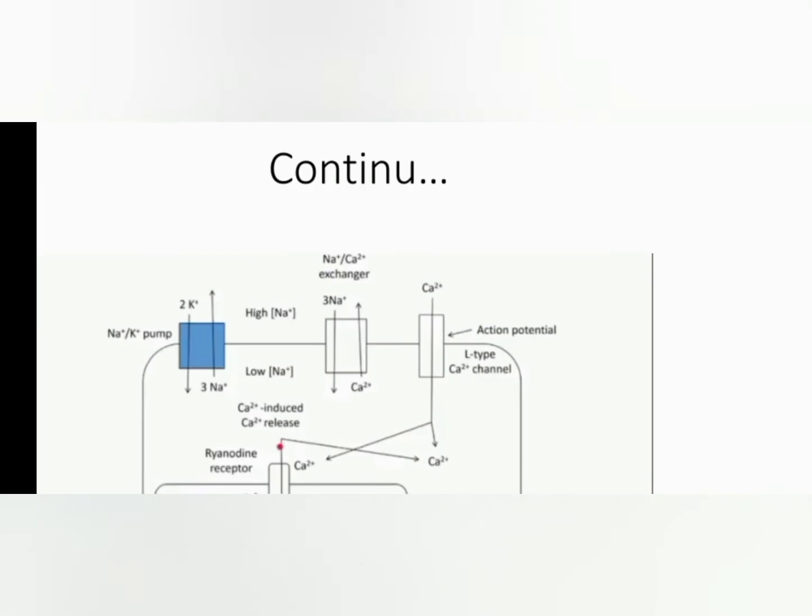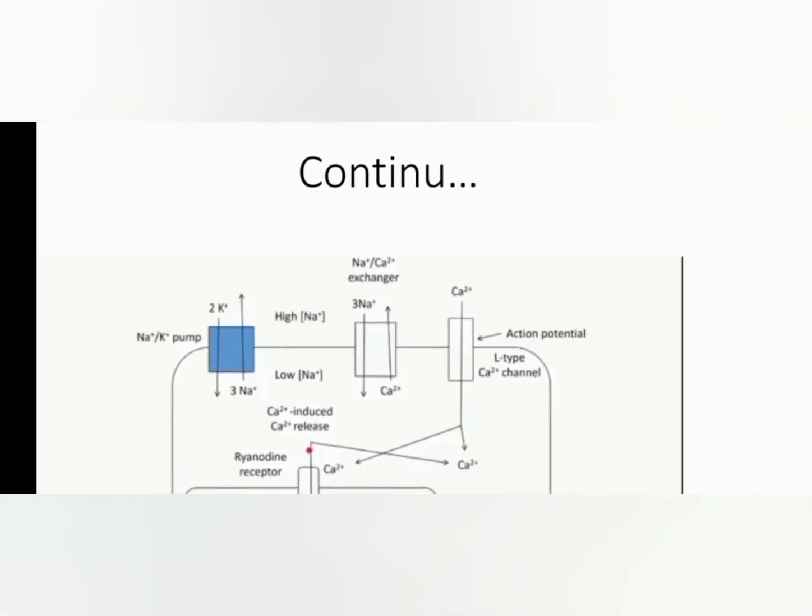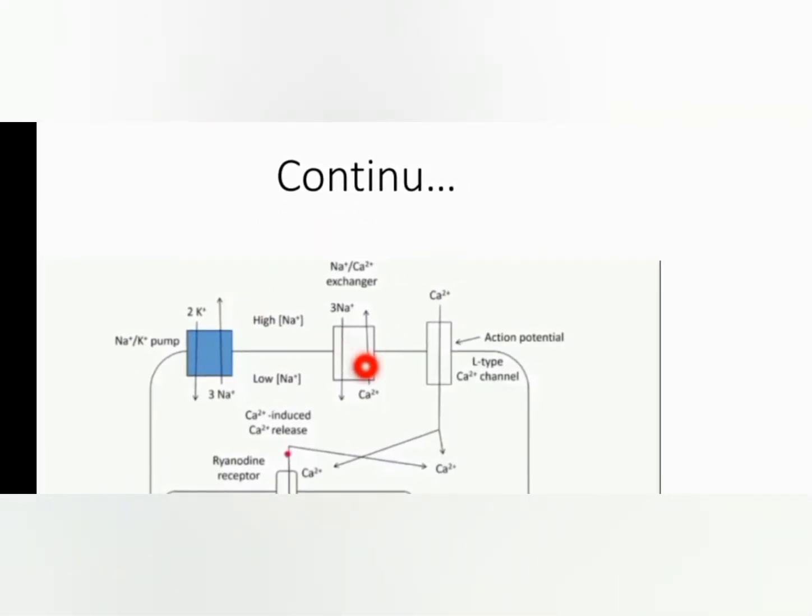This is the diagram of the channels or pumps of the heart cell membrane. There are mainly three channels. One is the sodium potassium ATPase pump. Second is the sodium calcium channel, and third is the L-type calcium channel. Our interest is in these two channels. The sodium potassium ATPase pump pumps three sodium outside the cell and two potassium inside the cell with the expenditure